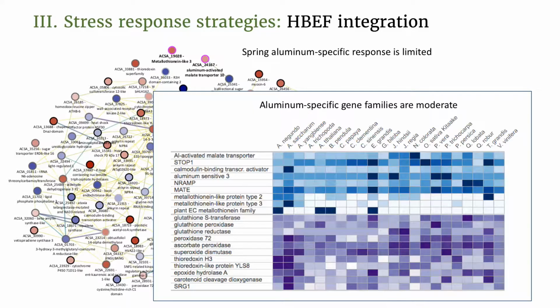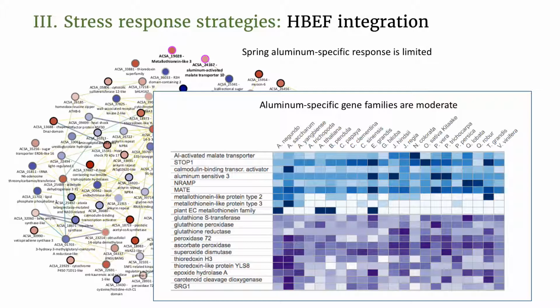And now this figure shows the relative gene family sizes for some generally associated with aluminum, but not specifically with the expression data. The darker colors are larger families, Ngundo and Saccharum on the left. So you can see of the blue set, there aren't many that are larger. Metallothionein-like 3 is, and that is in our expression example, as is aluminum-activated malate transporter, which is a smaller gene family. The oxidation reduction families are in purple, and the list is mostly ones that are seen in the expression data, and they do tend to be larger for Saccharum.